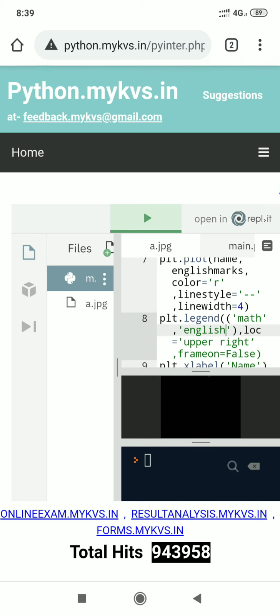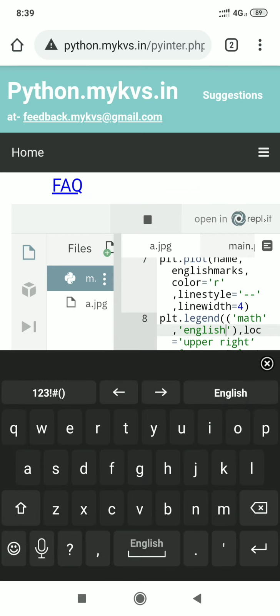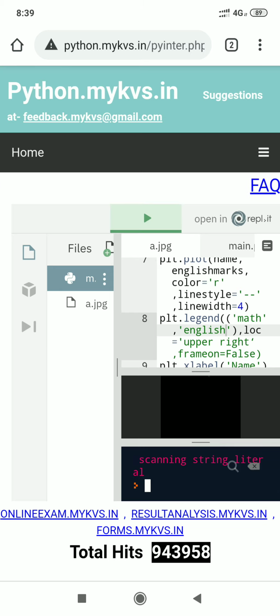Look at this output. We are not finding any legend here, but as I execute this program, there are some changes.